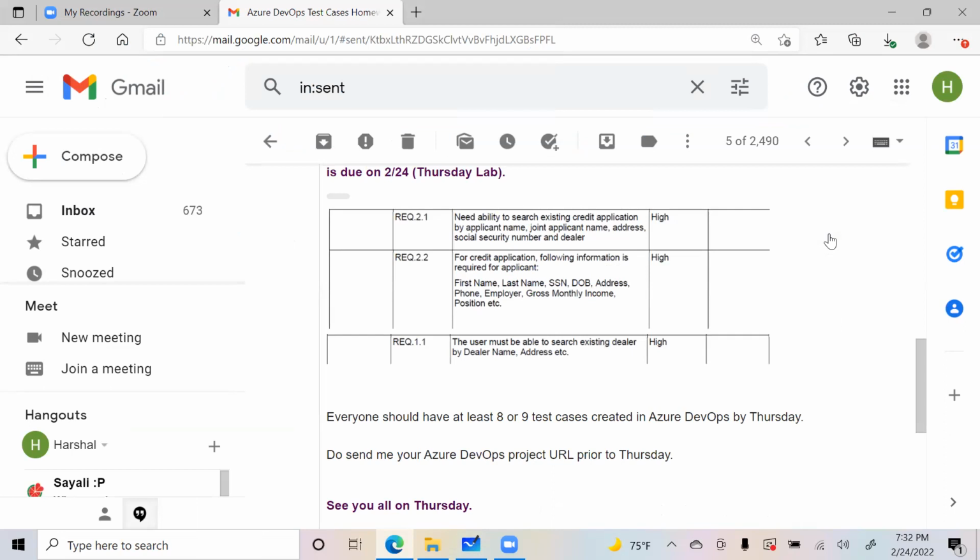So here I had a question: the ability to search existing credit applications by all these fields or either of them. Okay, so you are asking about AND condition or OR condition and so forth. Yes. So here I would say it can be anything. If they enter applicant name, they should be able to search by that. If they enter more than one, it will be an OR condition here. So in that case, any combination